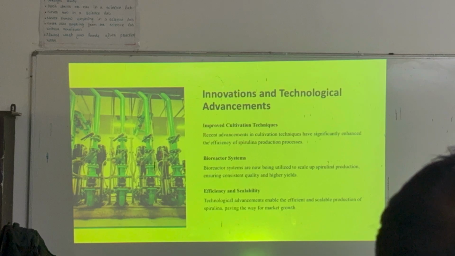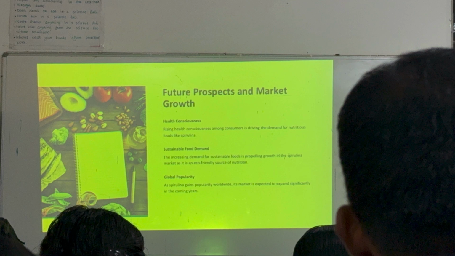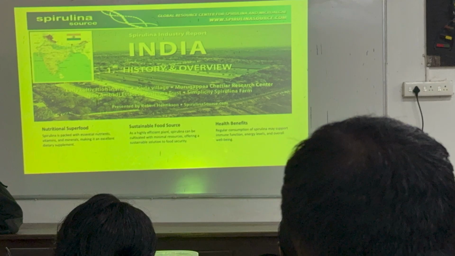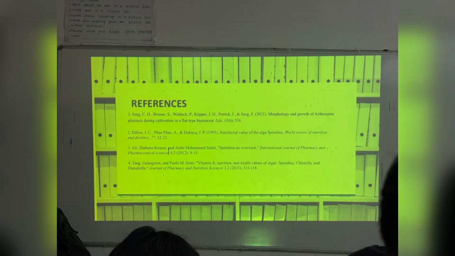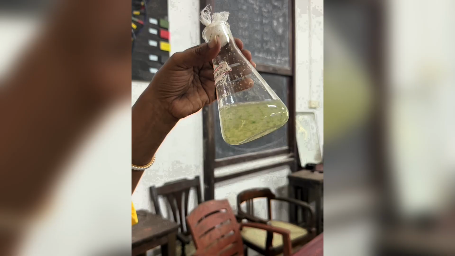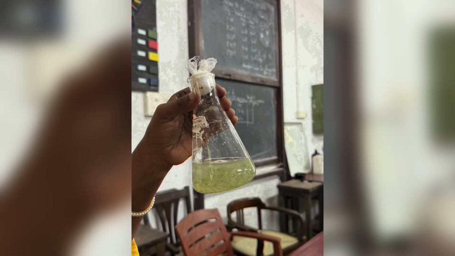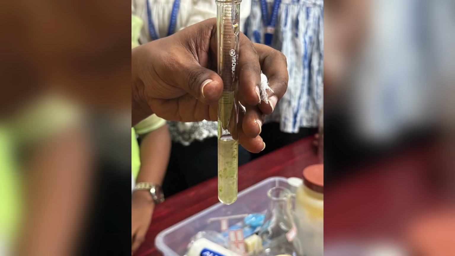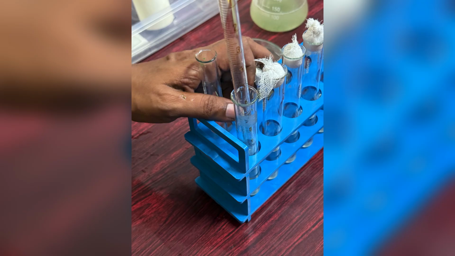Then there are tubular photobioreactors. You get the biomass. Biomass is the large amount of algae that you get from this after cultivating. Then flat plate bioreactor and column photobioreactor. See, this is the raceway pond that I told you. The lower picture. The next one is the closed photobioreactor, and then